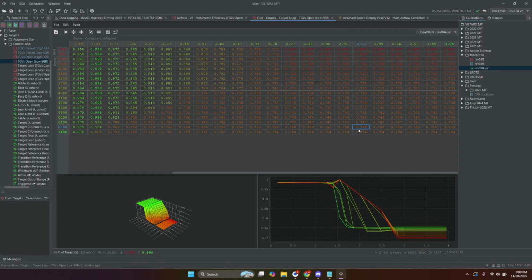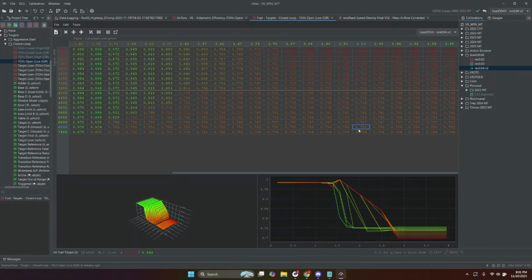It just knows, typically from MAF, okay, we have 300 grams per second of air moving past this. That means there's 300 grams per second of air going into the cylinders. So we're going to inject this amount of fuel because that's how we hit 0.75 lambda at this amount of